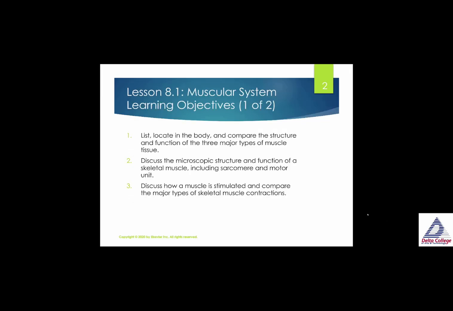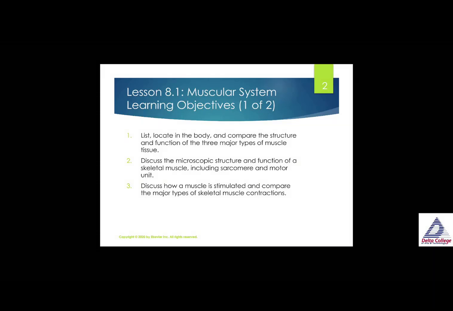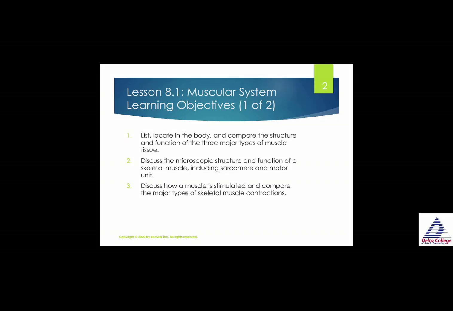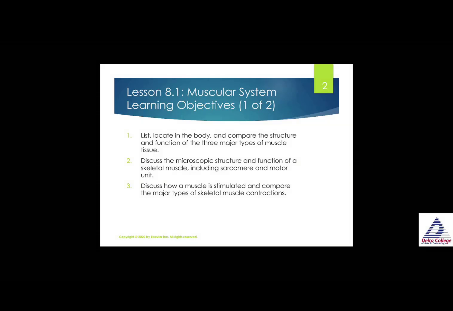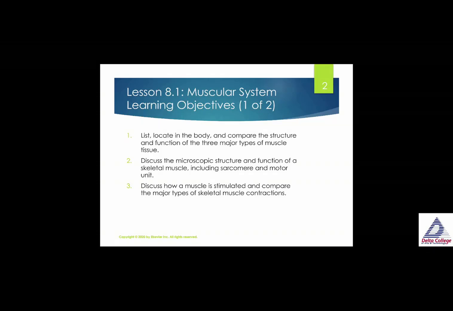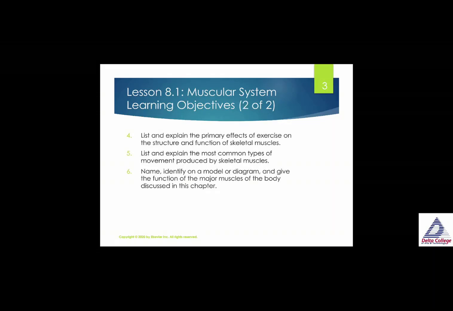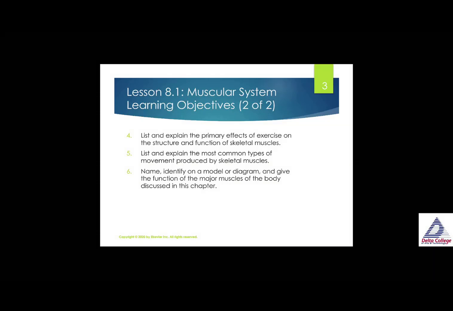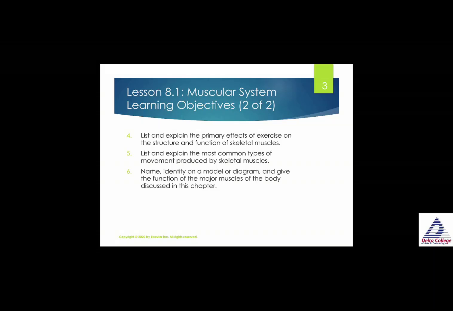Your learning objectives are to list, locate in the body, and compare the structure and function of the three major types of muscle tissue. Discuss the microscopic structure and function of a skeletal muscle, including a sarcomere and a motor unit. Discuss how a muscle is stimulated and compare the major types of skeletal muscle contractions. List and explain the primary effects of exercise on the structure and function of skeletal muscles. List and explain the most common types of movement produced by skeletal muscles. Name and identify on a model or a diagram and give the function of major muscles of the body discussed